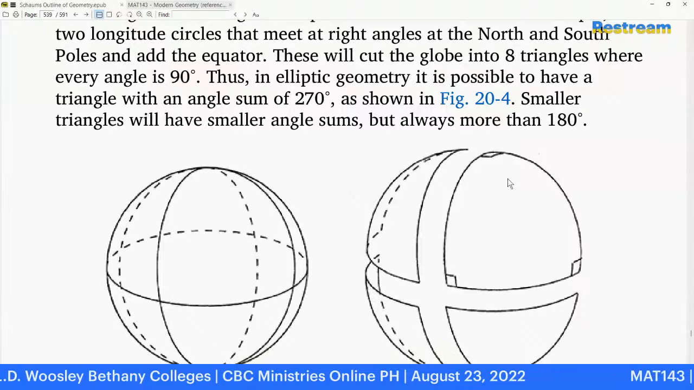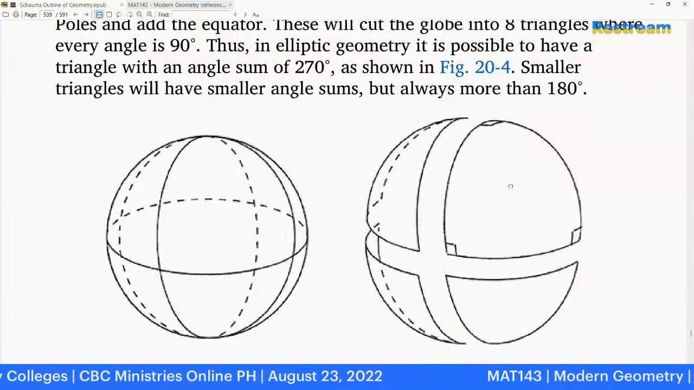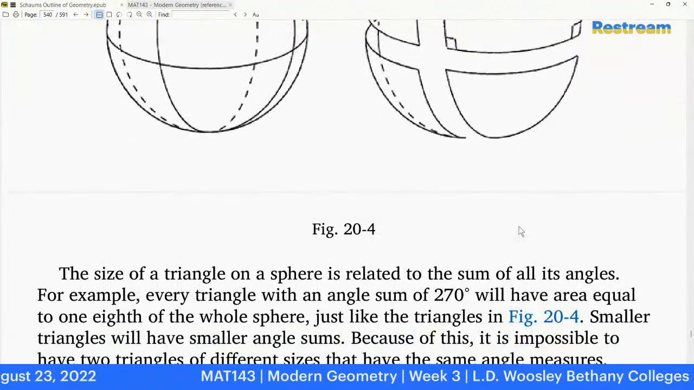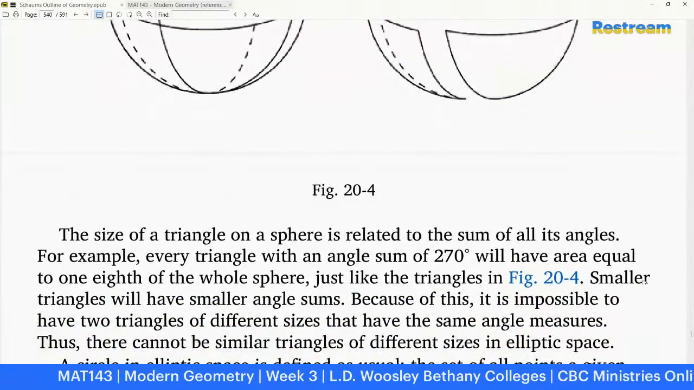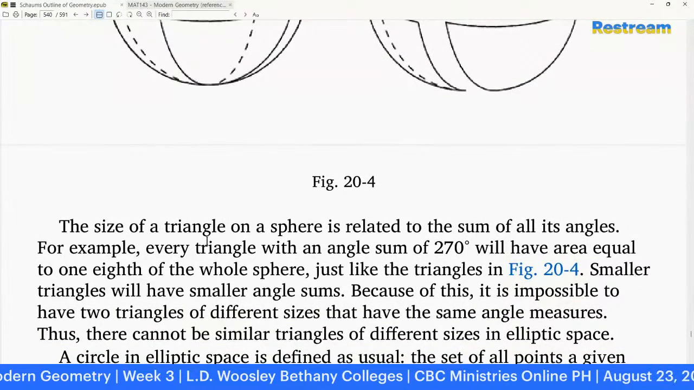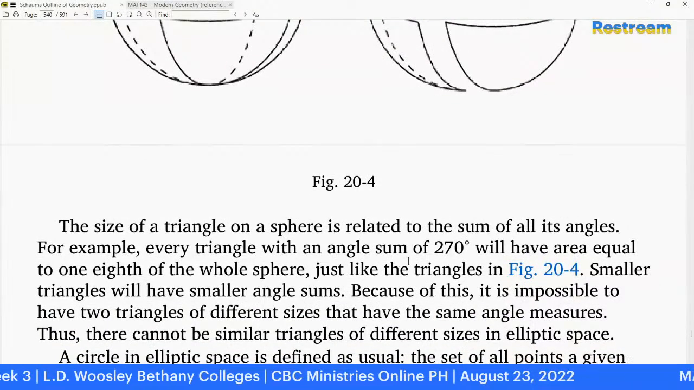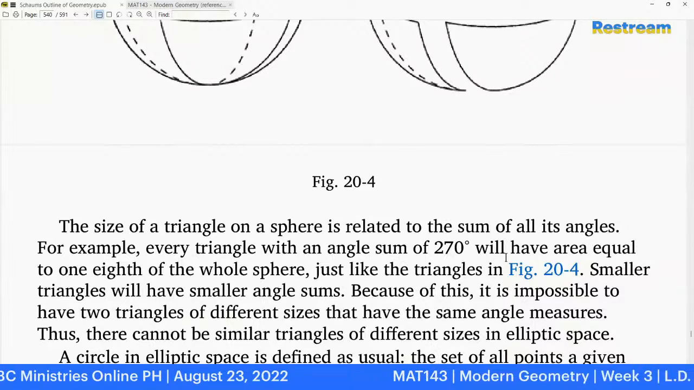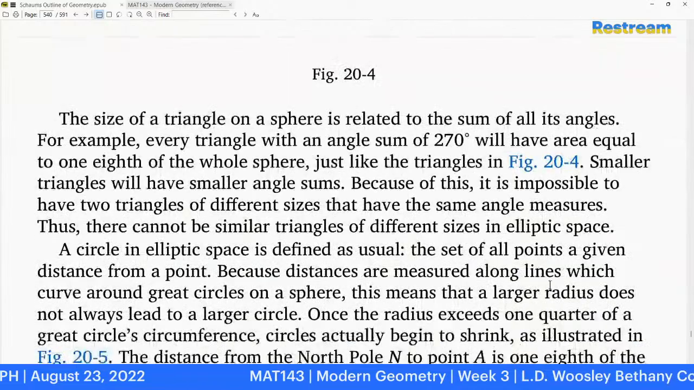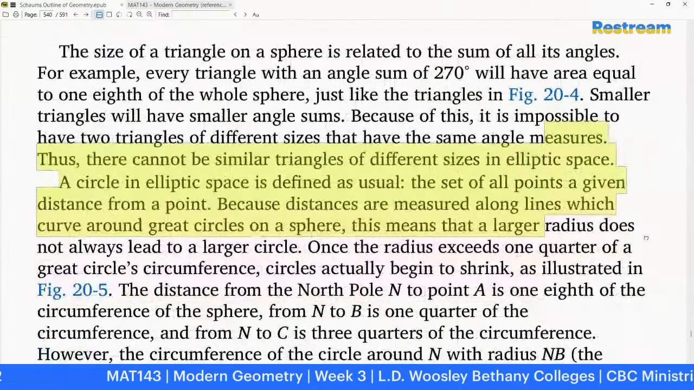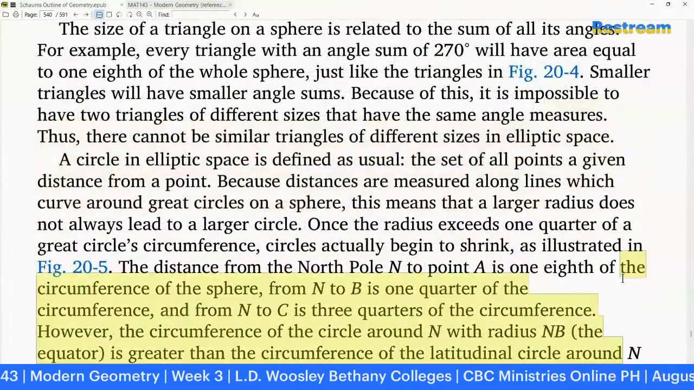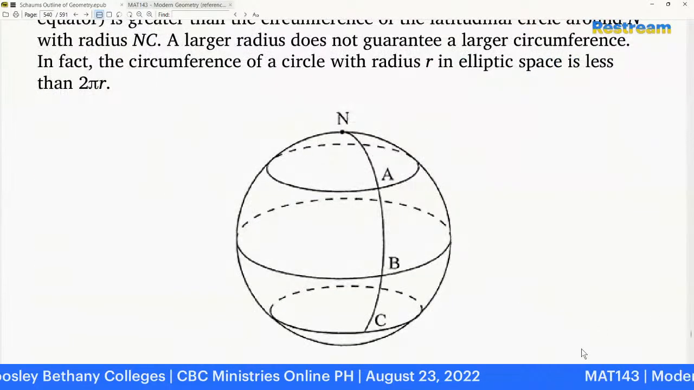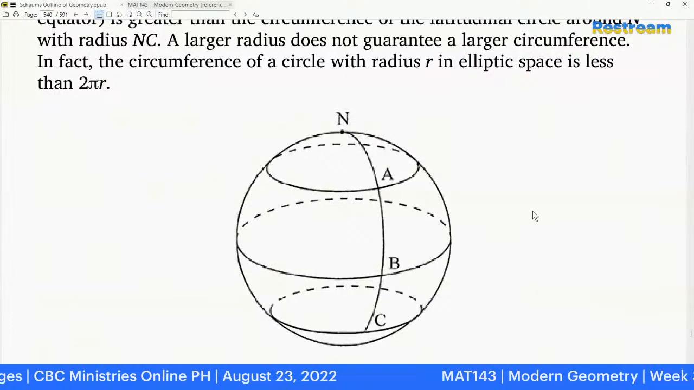Kaya more than 180 siya. More than 180. Ayan. Every triangle on a sphere is related to the sum of all of its angles. For example, every triangle with an angle sum of 270 will have an area equal to 1/8 of the whole sphere, just like triangles, etc., etc. So we'll not focus more on the narratives. You could read that. Yan. So yan yung mga